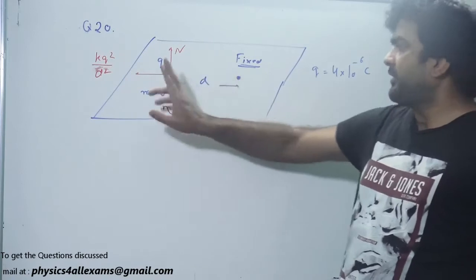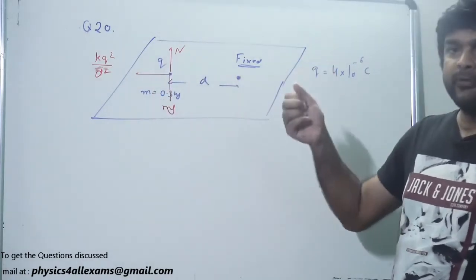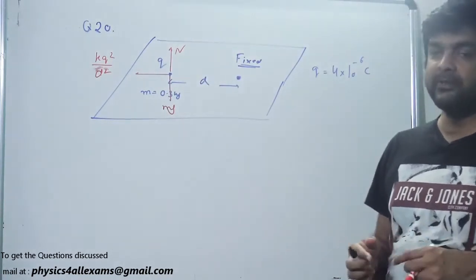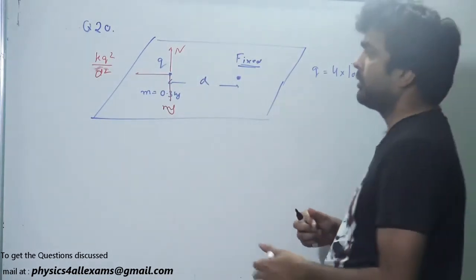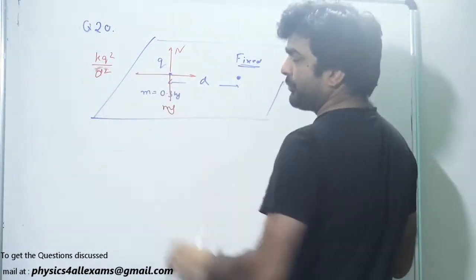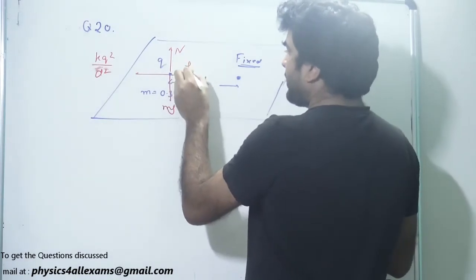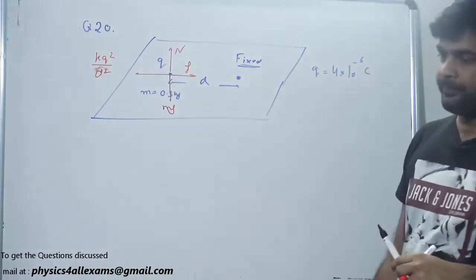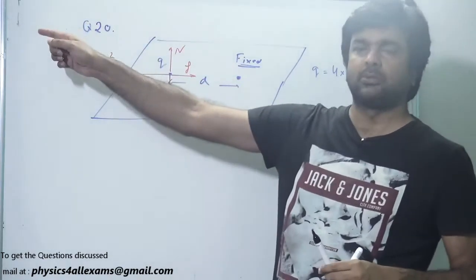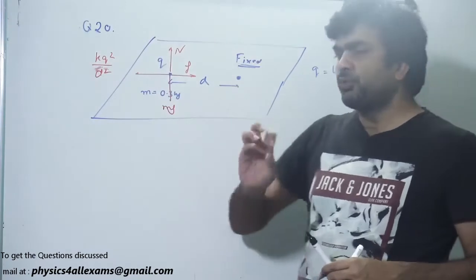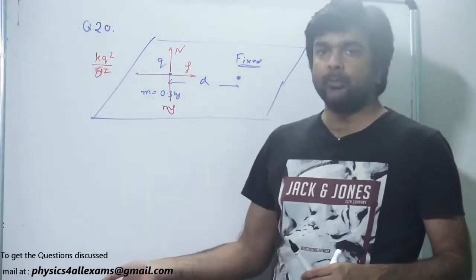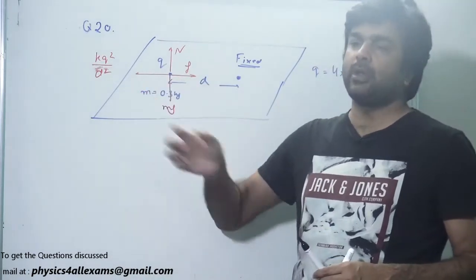Because the nature of the charges is the same, it will experience a repulsive force. The tendency of this charge will be to move away, and this tendency will be opposed by friction force. So friction force will act opposite to the electrostatic force, equal to, let us say, F. Now see, if distance d is very large, repulsive force will be very small. For this particle to be in equilibrium, F will be equal to repulsive force, F will be very small,